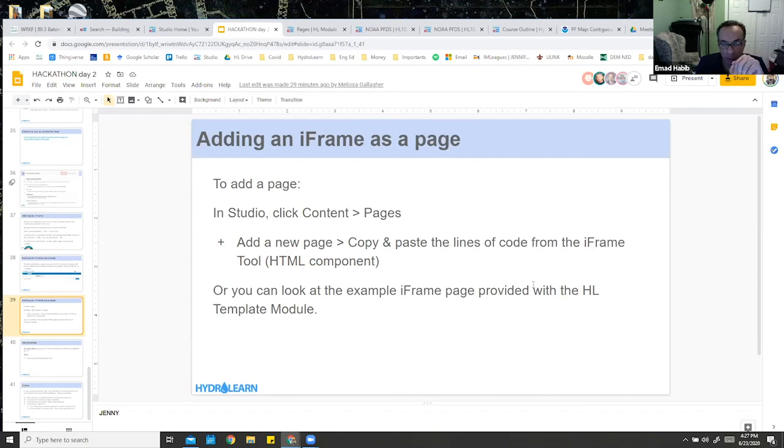Like I suggested, we can go tomorrow over the iframes again. Sometimes the simplest thing is you just provide the hyperlink, and the student can open that in a new tab, right? That's okay too. If you don't want to overcomplicate things, it's nice to have it inside the module. This way, it's right there. The student doesn't have to leave the site, but you can always hyperlink it. And Jenny, did we go over how to hyperlink? I think that's simple enough. I don't think we need to go over that. We can go over it on the day when we have a more in-depth discussion on the different components lined up for y'all.